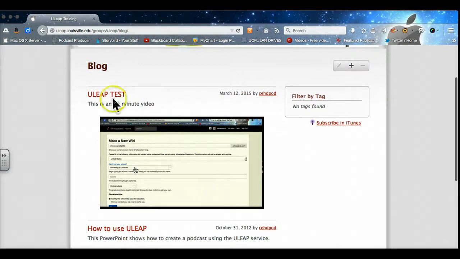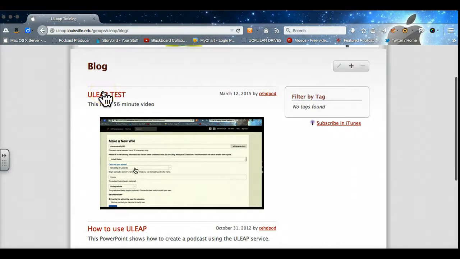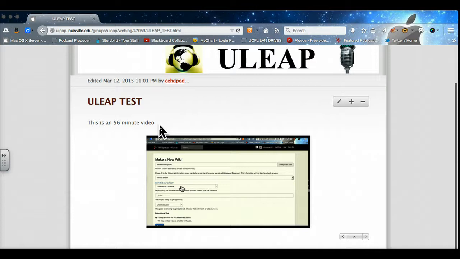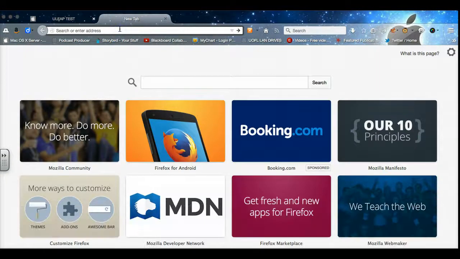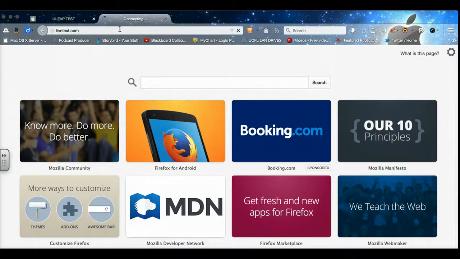As you can see, it also has a link. In other words, when I move my mouse over the title of the video, it turns into a link. I'm going to click on that. It now takes me to the page where the video is, and now I am finished. I can take this URL, this address up here at the top. I can right click on it and copy it, and now I can go and log in to my LiveText account,